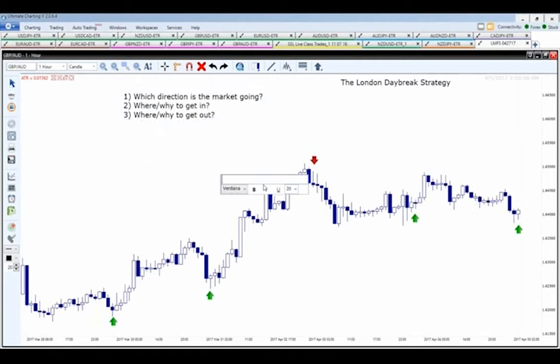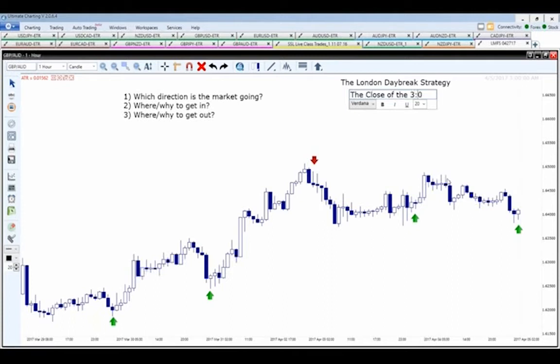Just like that. So I'm going to show you a very simple strategy right now that'll answer each one of these 3 questions, and then we'll start doing some manual analysis, and I'll show you how to manually answer each one of these 3 questions. First of all, I have to bring up one more thing we have to do as far as this London daybreak trading strategy. We need to look for the close